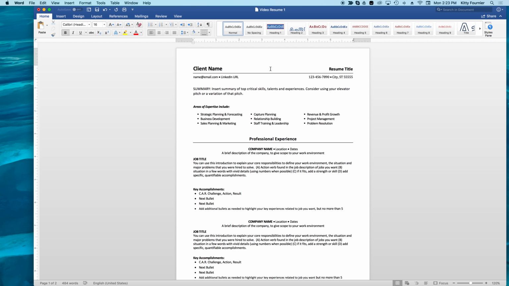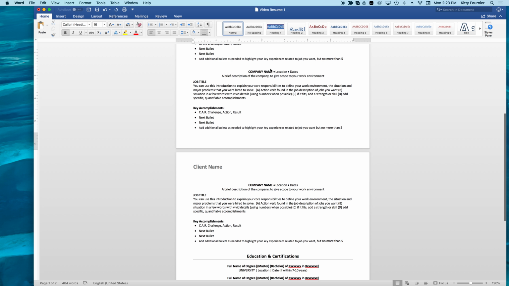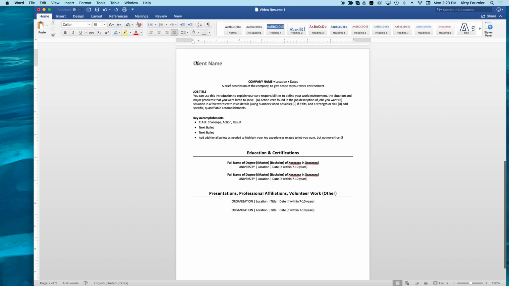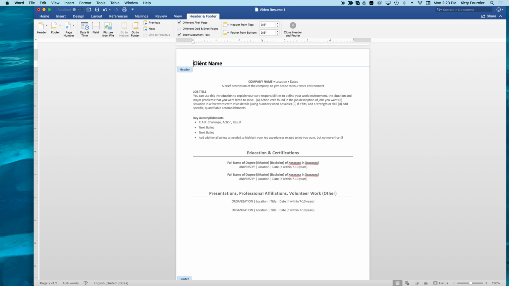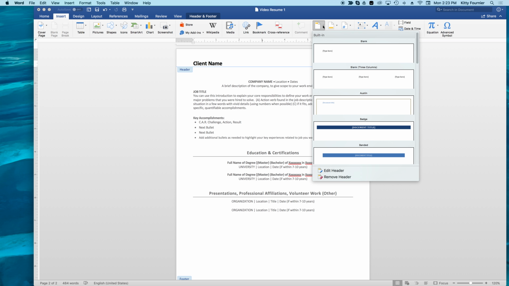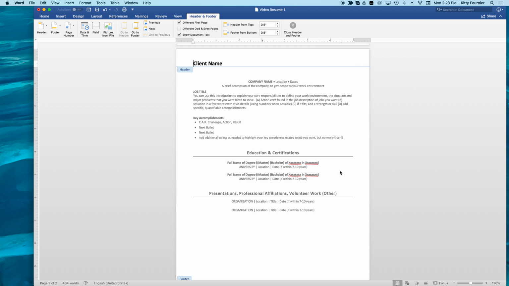Next, working on headers and footers. This can repeat certain elements automatically across the pages and keep their position from changing even when you're working on the page. On the resume, that's the client name. So by double-clicking, you can get to the header. You can also reach this going on the Insert button and under Header, Edit Header,